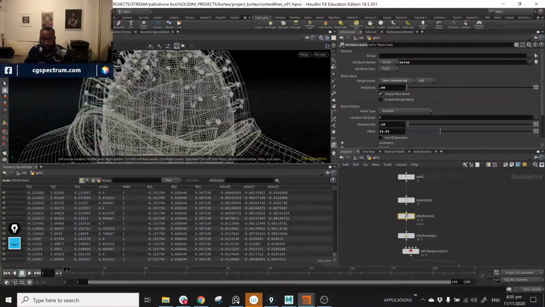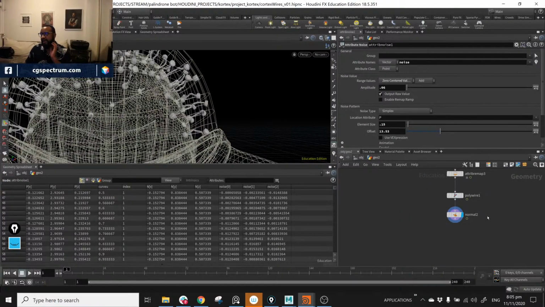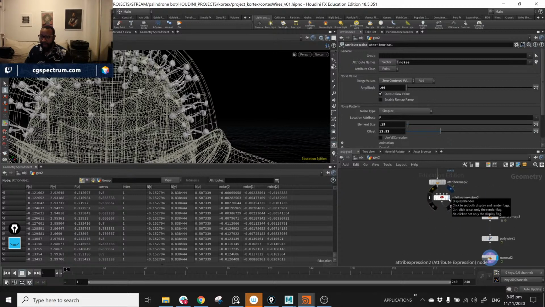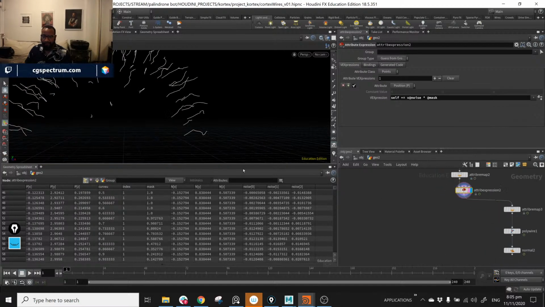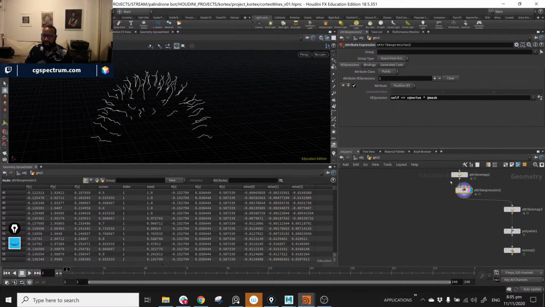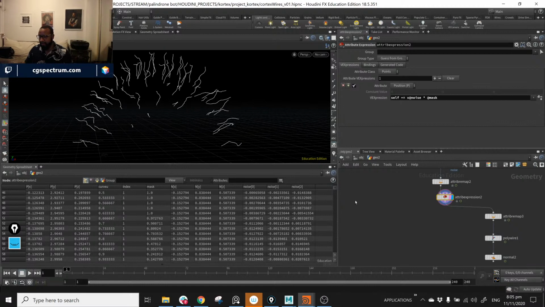Okay, so what if we want to use custom geometry in here? I'm just going to do a little quick test. These are my little wires here. What I can do is actually inject external data into